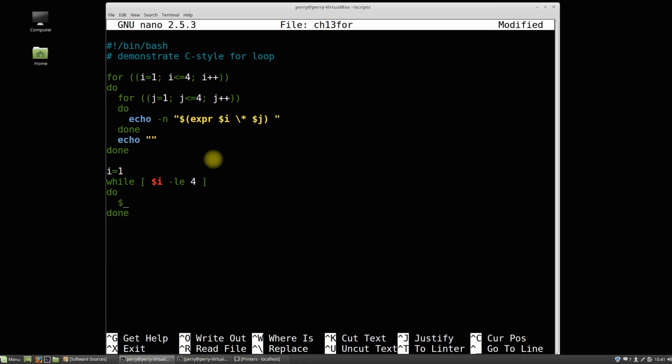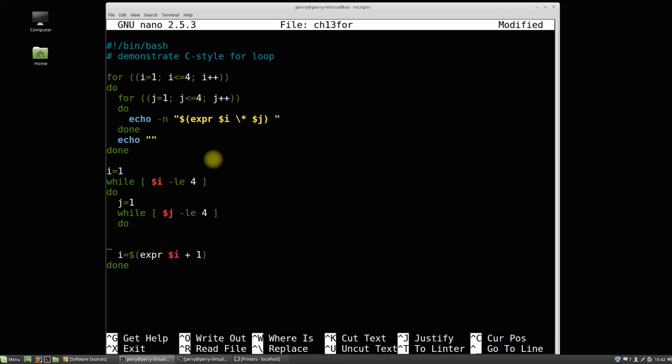So lots of ways to do that, but I'm going to do it the same way that I've done it before. It'll be i equals, and we'll just use command substitution with an expression, and it's $i plus 1, like so. And that's the last thing that we'll do. So what are we going to do in the middle? Well, in the middle, we'll say this thing called j is equal to 1, and then we're going to use another while loop. We'll say while it is the case that j is less than or equal to 4, we're going to